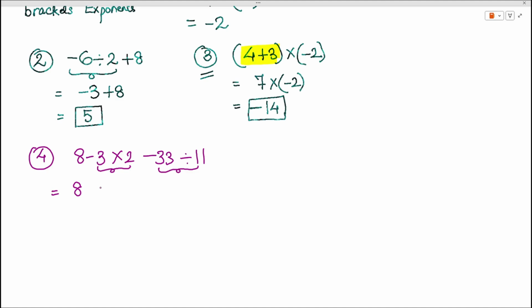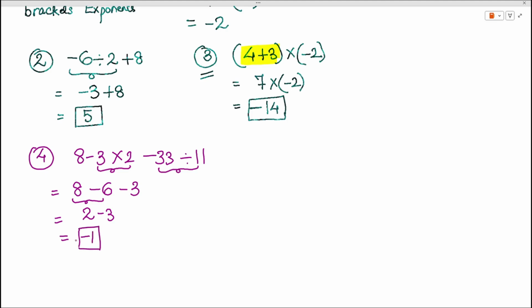Now -3 times 2 gives us a -6. And -33 divided by 11 gives us -3. Now, for addition and subtraction, whatever comes first while going from left to right, we do it in that sequence. 8 subtract 6 is a 2, and this is now subtract 3, and 2 subtract 3, it's going to